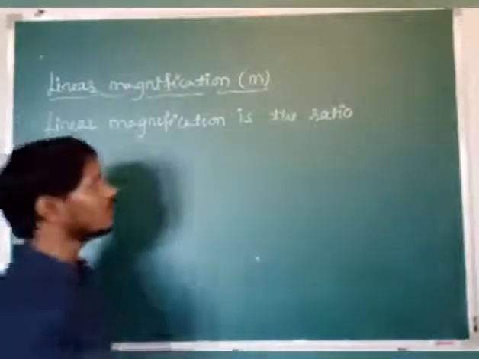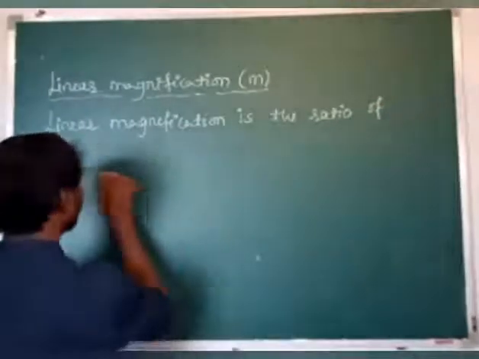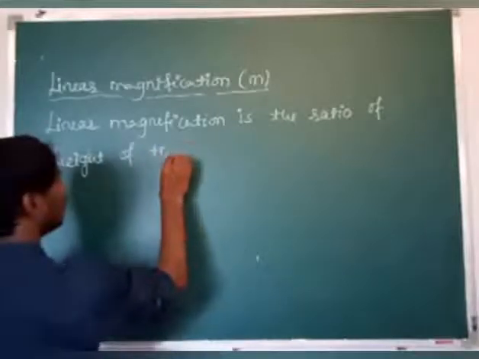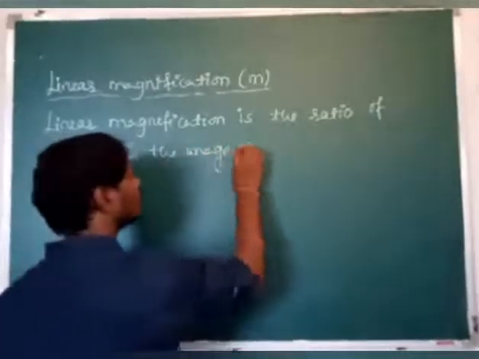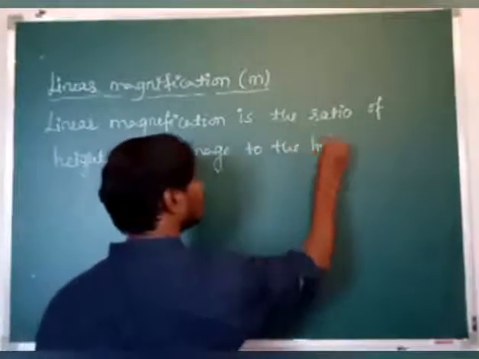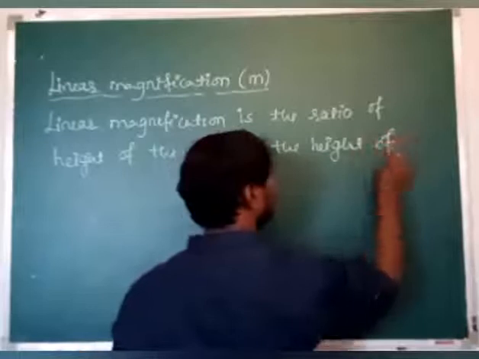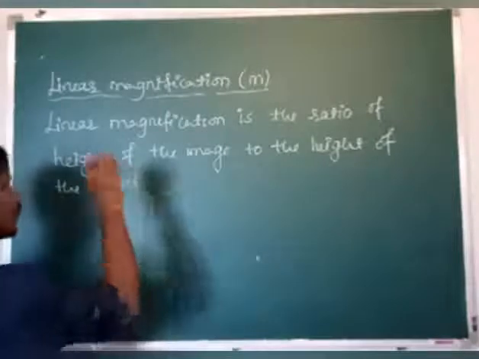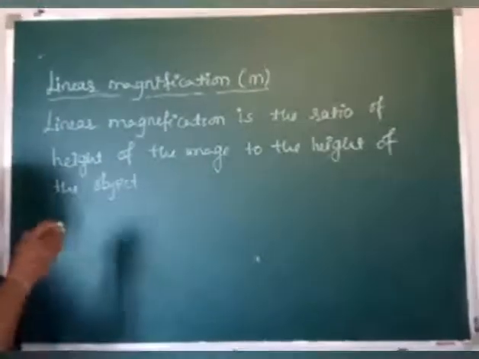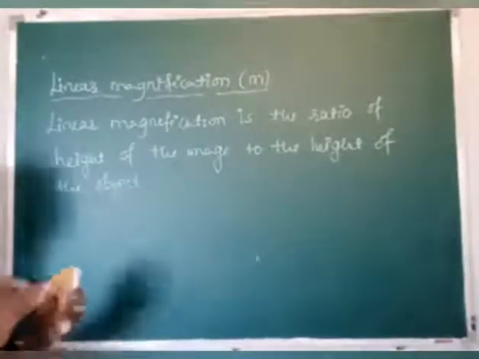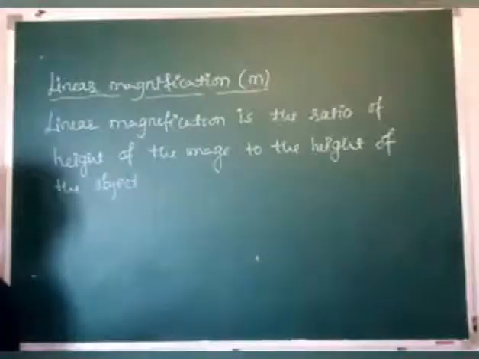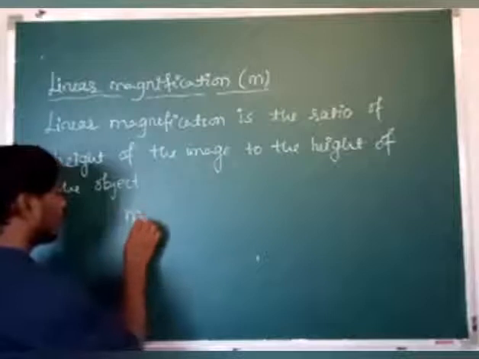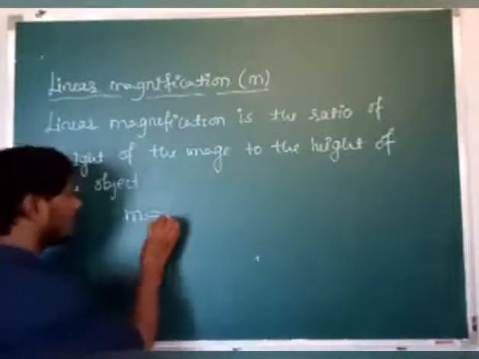So it is the ratio of the height of the image to the height of the object. That means we are going to compare the height of the image with respect to the height of the object. If there is a comparison, we are going to take the ratio according to our mathematics. So mathematically we are going to write the linear magnification as the height of the image